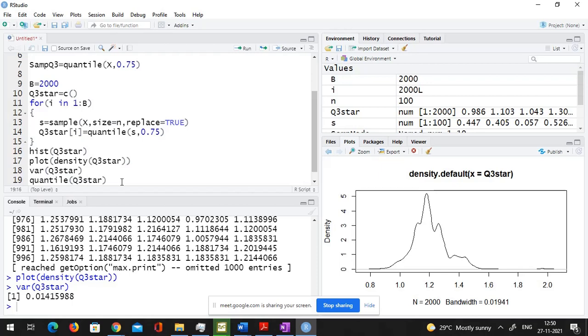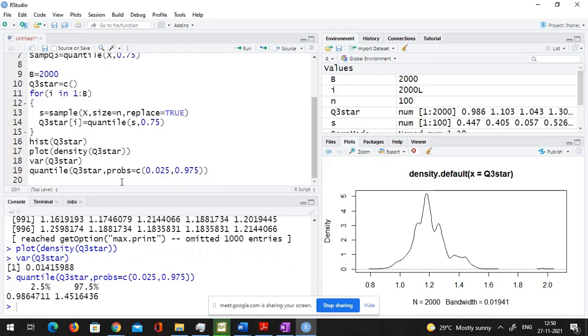So quantile of Q3 star, probs equal to 0.025 and 0.975. Okay, so this is the 95% confidence interval for the estimate of Q3 from the sample that we have.